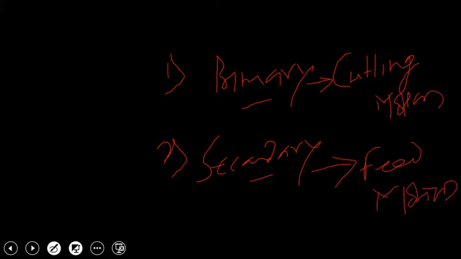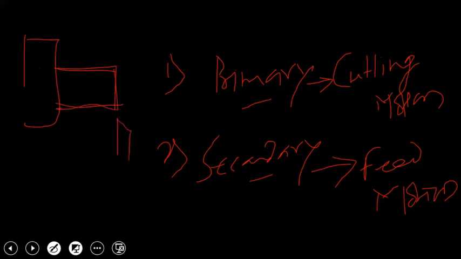So how to differentiate between those two motions? Suppose this is a chuck in which this workpiece has been mounted. Now this is the cutting tool. Now if I want to remove some material from this work surface, the first condition that has to be satisfied is I need to bring this cutting tool in contact with the work surface. So I'll have to move the cutting tool in this direction. Okay. So that is the first motion.